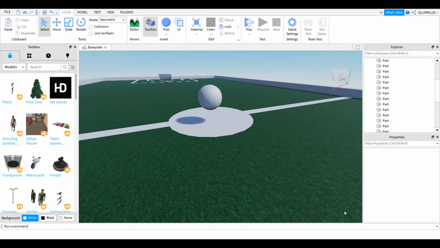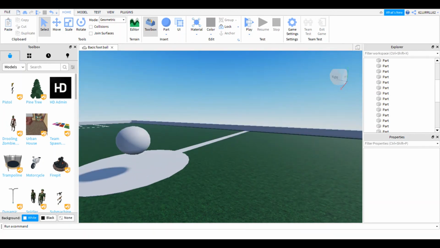The game has been published. Once it says, wait for it. There, my game has been successfully published, and yeah, so you guys can go to your Roblox and search up Basic Football, and it should come up by the name 62